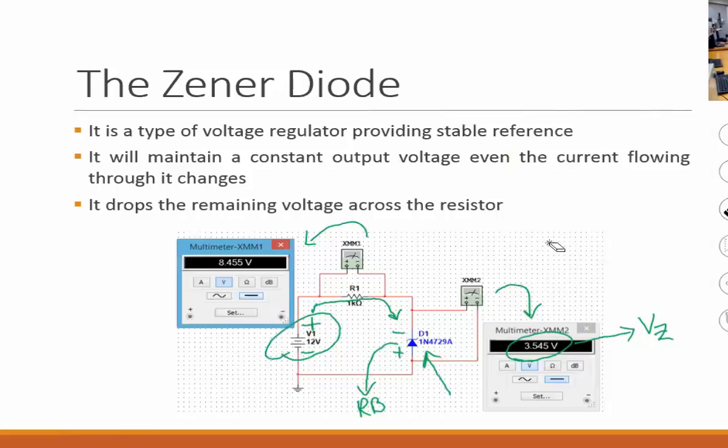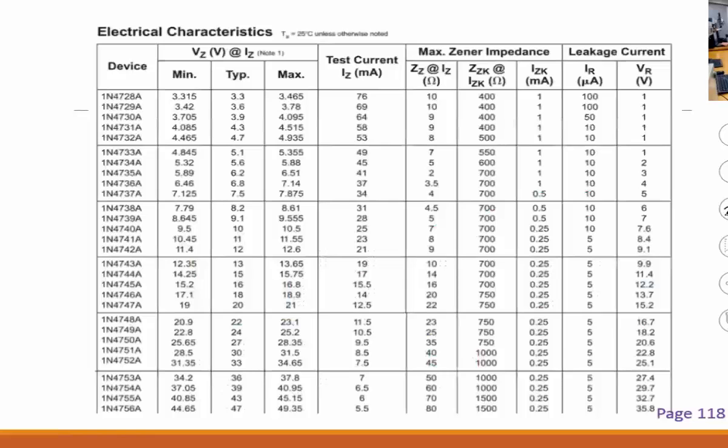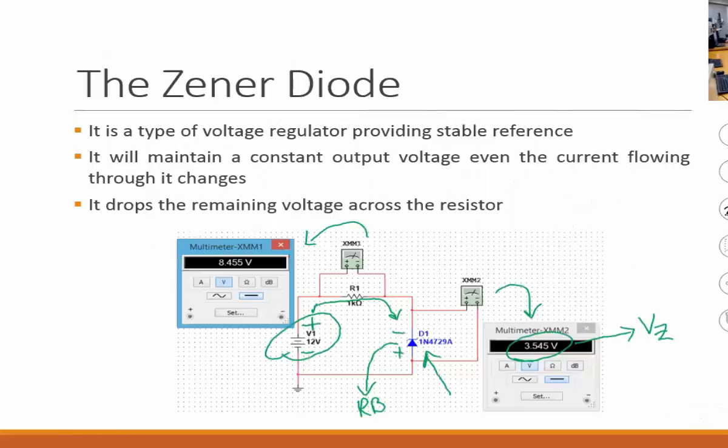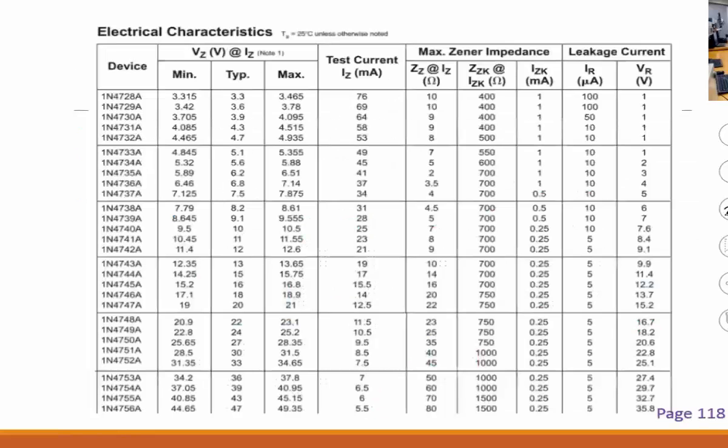Let's take this away. So this is nothing but the VZ of that particular diode. Again, it's related to a specific model number. So let me quickly go through this. So this is 1N4729. Take a look at this sheet right here. So the second one is the one that I have right there,